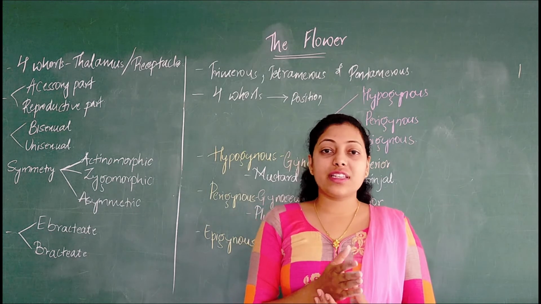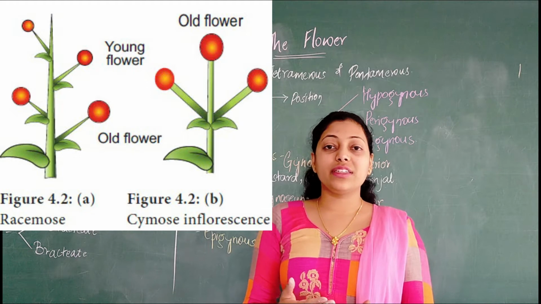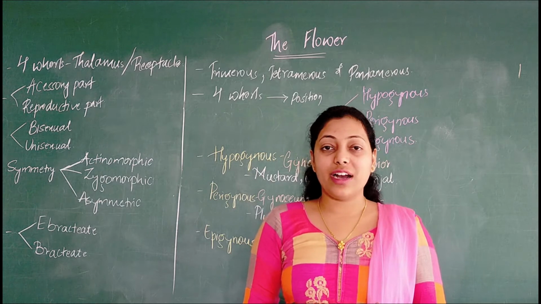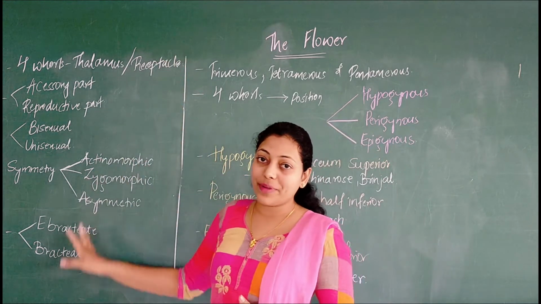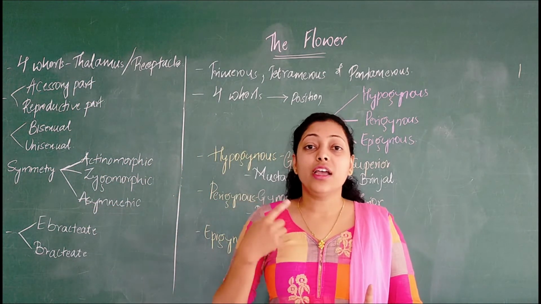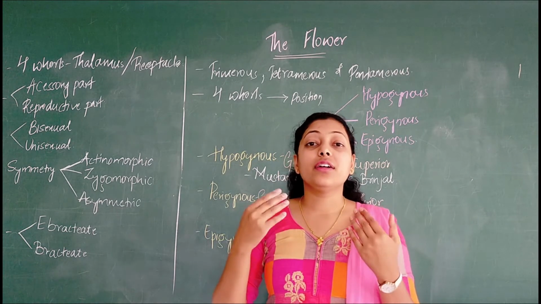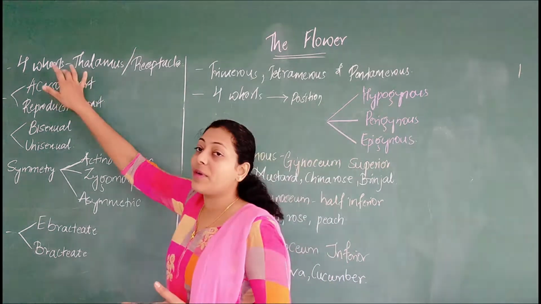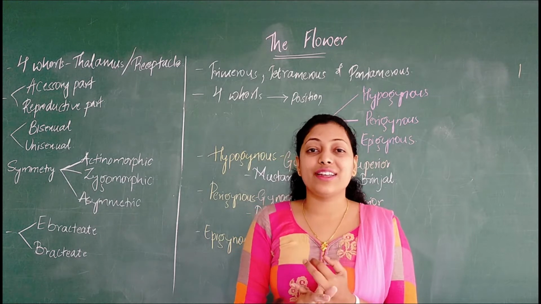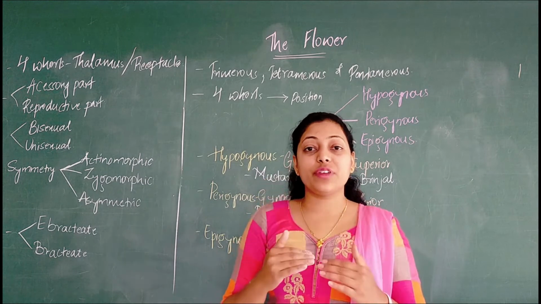Based on the inflorescence, you studied about racemose and cymose inflorescence. In my next video, you studied about the flower. What are the different arrangements you see in a flower? I'll repeat this topic again. We found that there are 4 whorls in a flower. Whorls are 4 circular arrangements. Okay, 4 different rows of circular arrangement which consist of calyx, corolla, androecium and gynoecium. These are the 4 different circular rows which are arranged with each other.